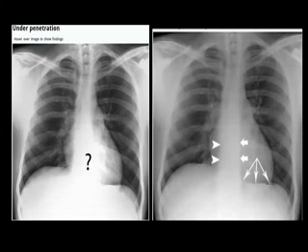This is the left hemidiaphragm. Up to the spine, we are able to see the border on this side of it, whereas on this side, we are not able to see. It's like ending here. Beyond that, it's not very clear. So we may get a doubt that there might be some lesion behind here. So this good penetration film will clear our doubts.